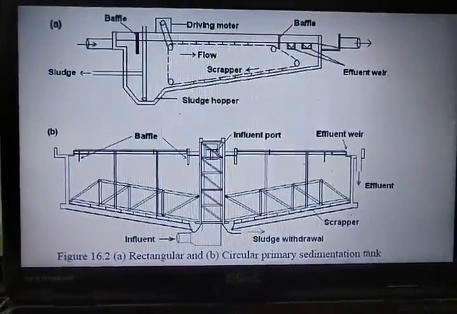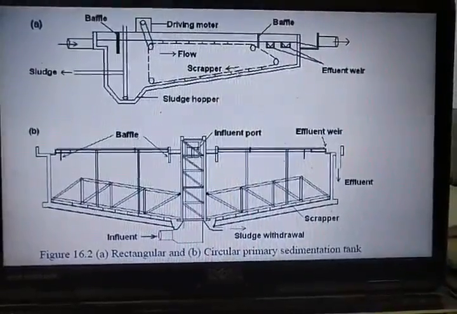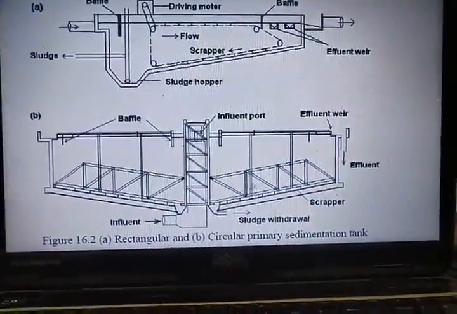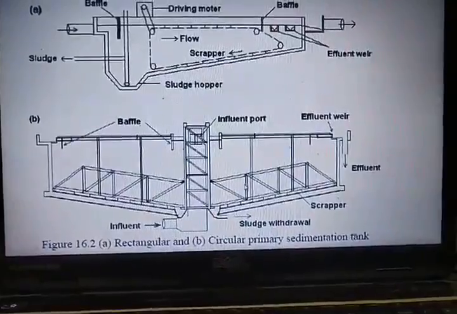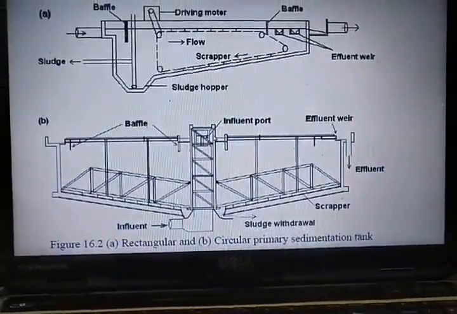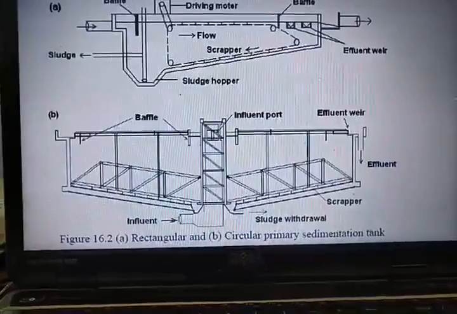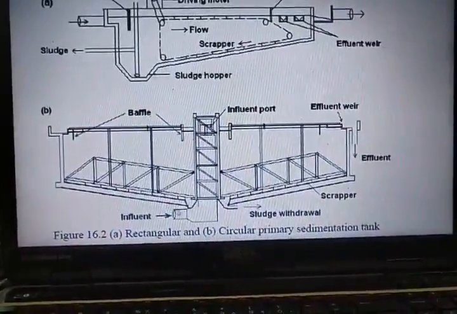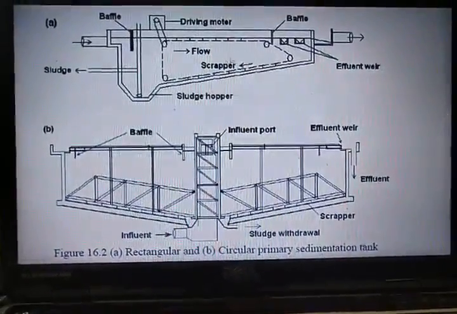See, this is the scraper mechanism which I was talking about in the rectangular sedimentation tank in the above figure, as well as in the circular sedimentation tank. So these are the arms which are provided here in this zigzag manner, which will scrape the floor of the sedimentation tank with a motor which is attached at the top, okay, and this will be constantly rotating in this circular motion, and it will bring down the sludge at the bottom. And this is the central influent channel in a sedimentation tank. Similarly, you can see this in the rectangular sedimentation tank.